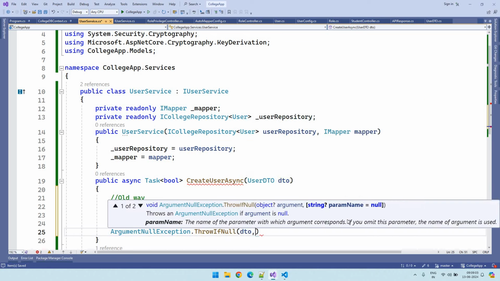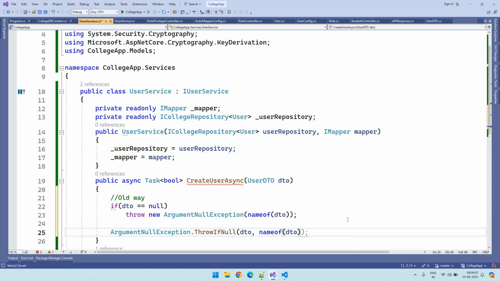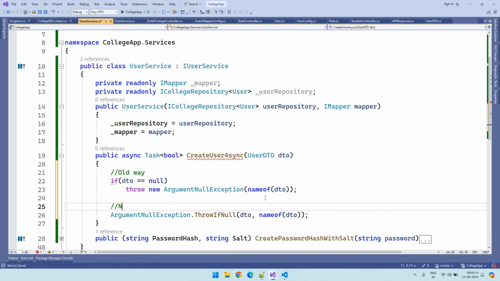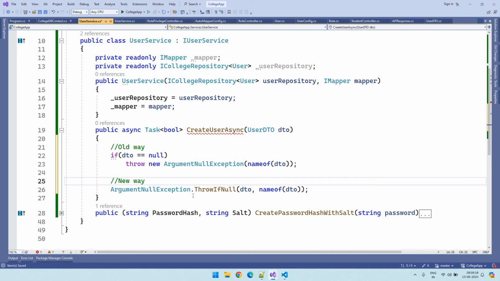If DTO is null, then throw this. So this is the new way of implementing it. In a single line we can check for nulls, and if there is a null we can throw the exception